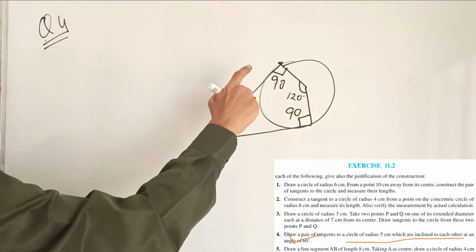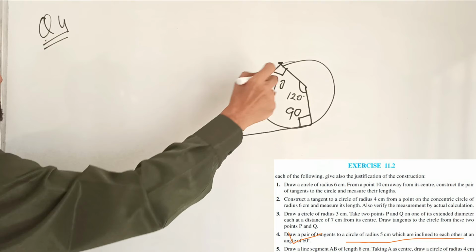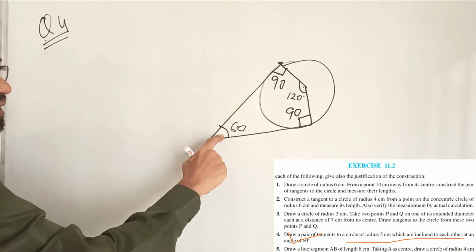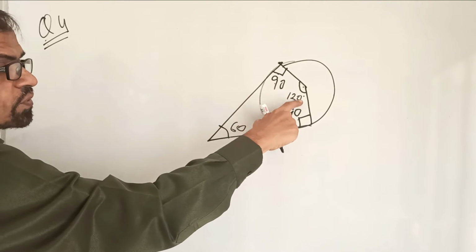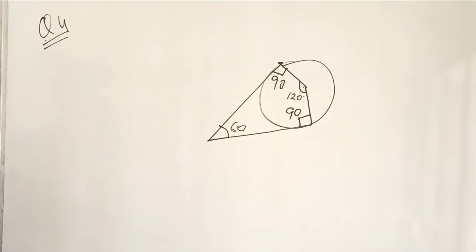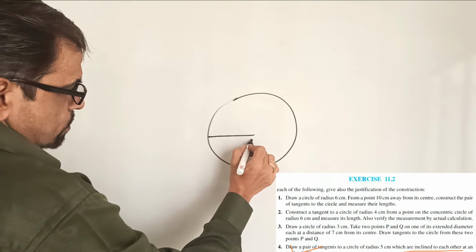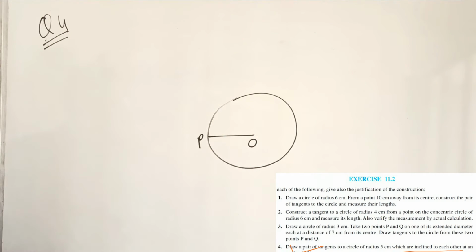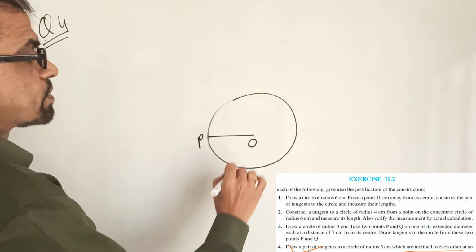The question is that we need to draw the 60 degrees. So we will draw the radius, it will be 90, radius, it will be 90. To make it 60, first we start with this 120. The total sum is 360. Okay, so let us do it with proper construction. Draw one circle, draw the radius, and we need to draw a 120 angle here, as I discussed in the basic concept.